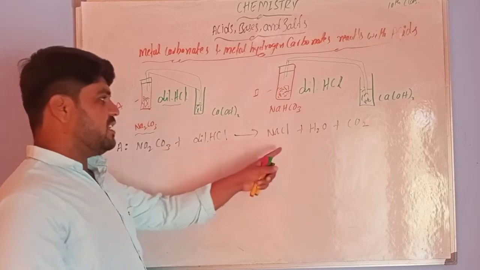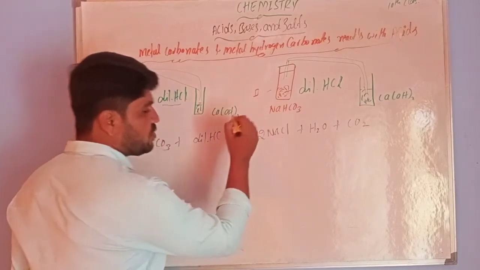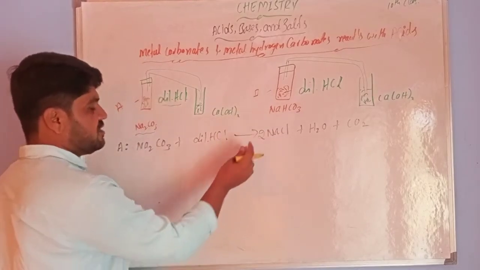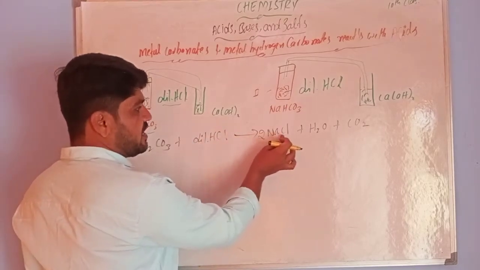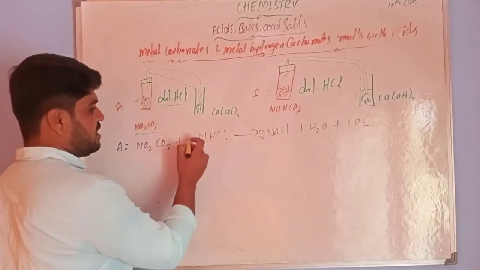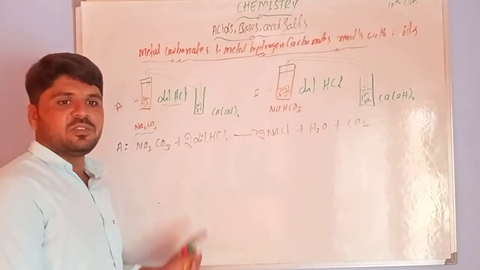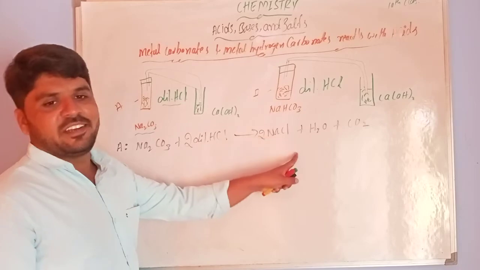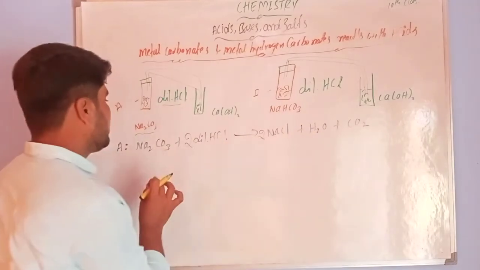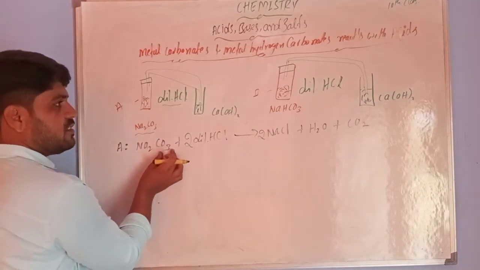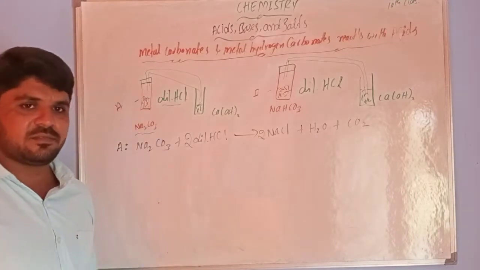For balancing the equation, here 2Na is there, and on the other side a single Na. That's why I put 2 as a coefficient. Here 2Na, here 2Na, balanced. Then 2Cl is there, while in HCl there is only one Cl, so here also I add 2: 2HCl, 2NaCl. Now this is balanced. Here H2, here also H2. And O3, here 2 plus 1 is 3. Now the reaction is balanced.